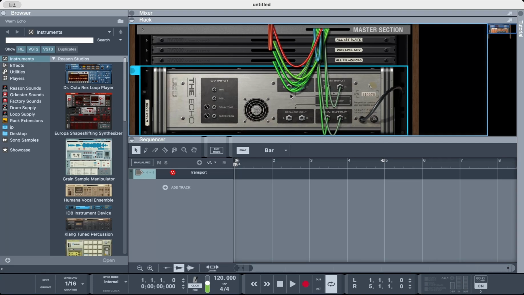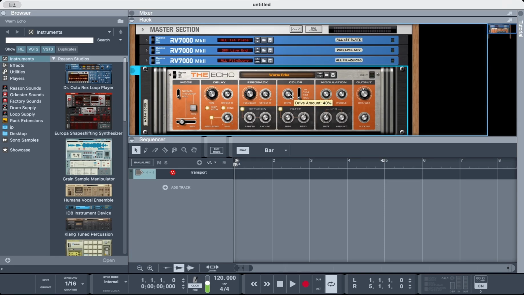So there you have it, a full walkthrough of the Echo. It's packed with features, but don't let that intimidate you. Start with the basics, experiment with each parameter, and let your creativity lead the way. Remember, it's all about